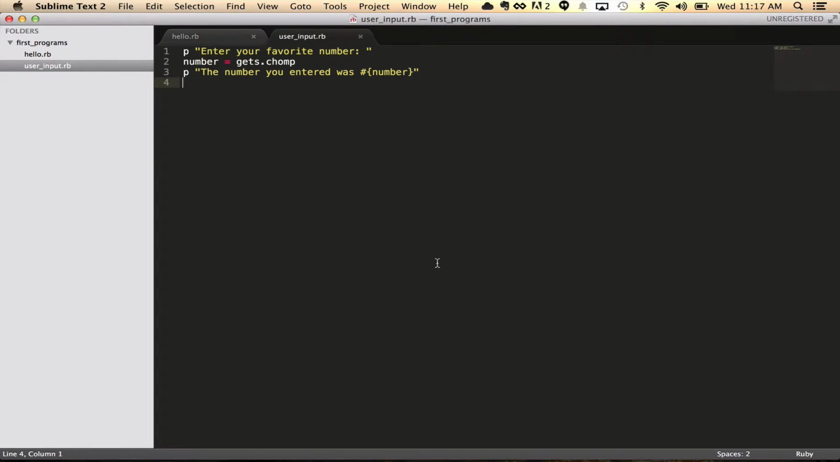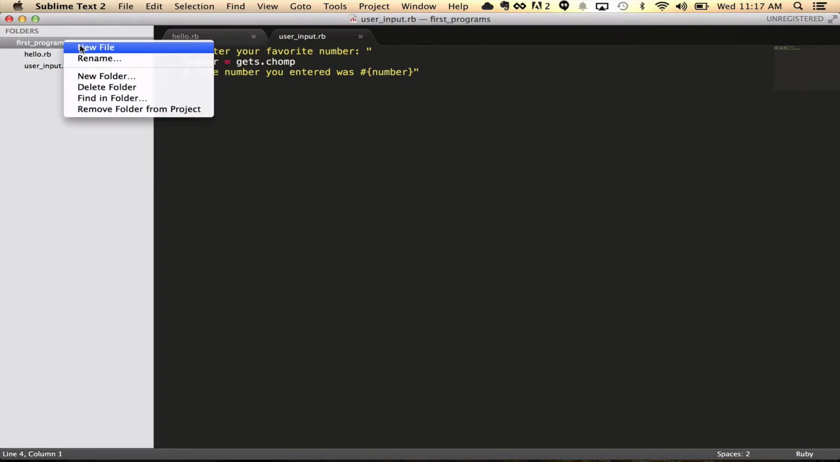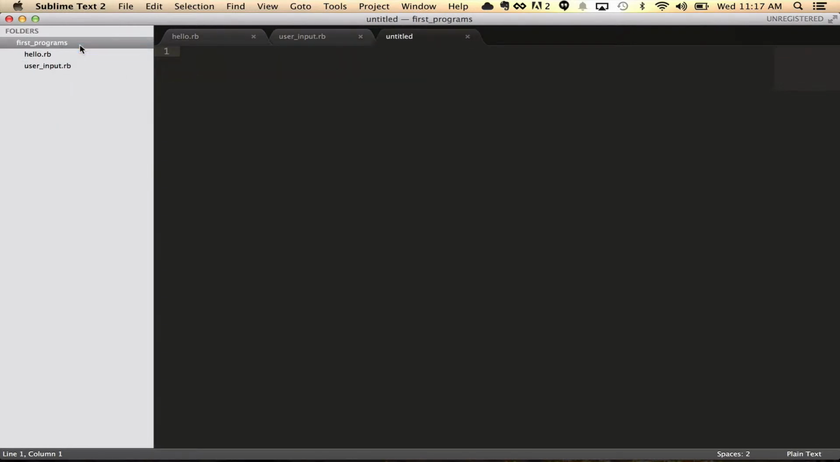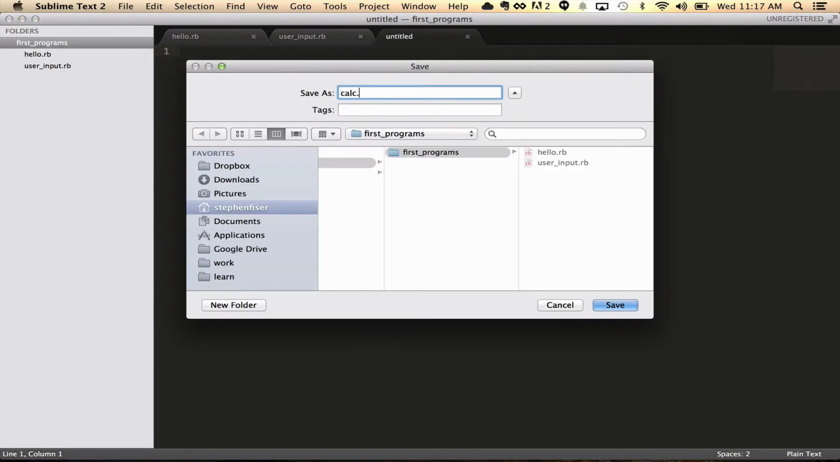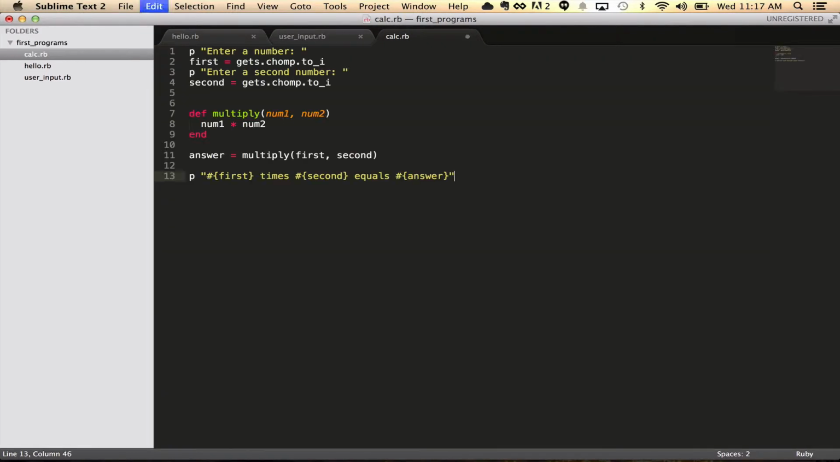In this next program, so first of all, let's create a new program. We'll save it as calc.rb, paste in the code. So let's walk through this. So we're doing the same thing as before. We're printing out enter a number first equals